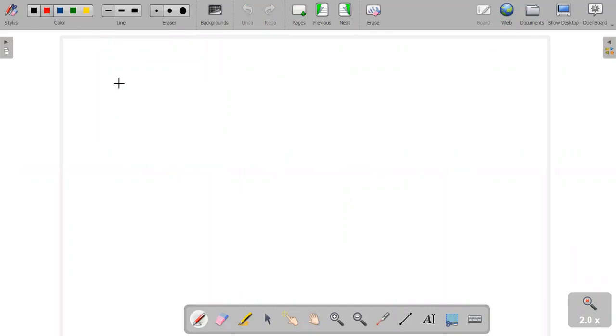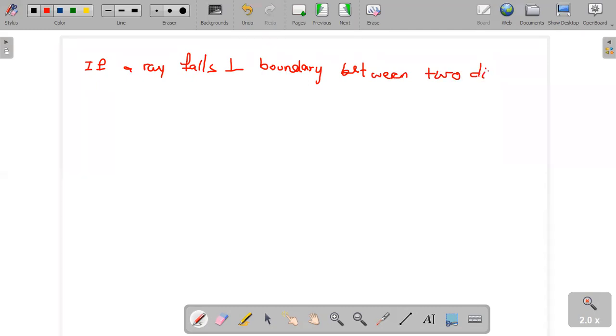Look, guys, if a ray falls normal to the boundary or surface between two different mediums,